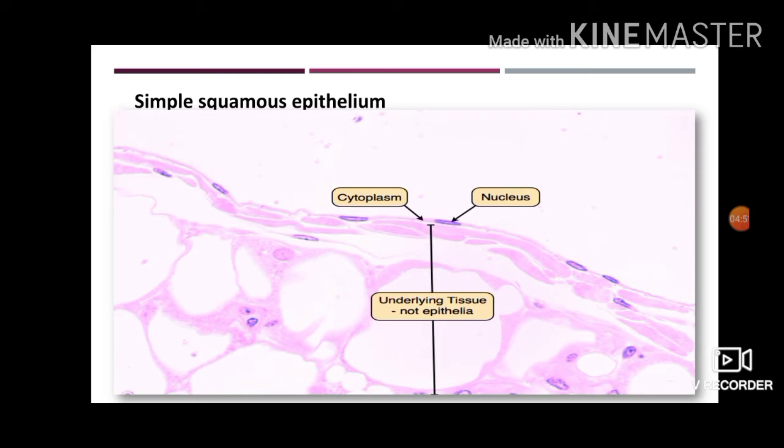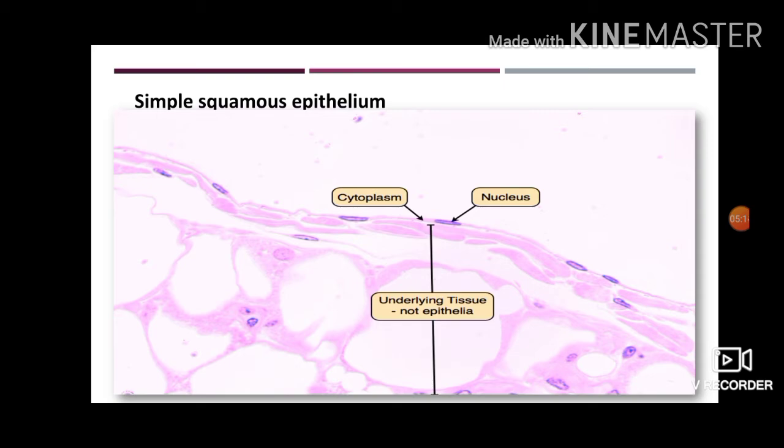If you have ever taken a closer look at the scales present on a fish, they are very thin and translucent. So on that basis, the particular name is given, that is squamous. As the cells of these tissues are very thin, that is why they are called simple squamous epithelium, meaning they are flattened cells.